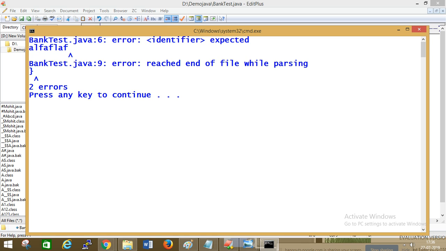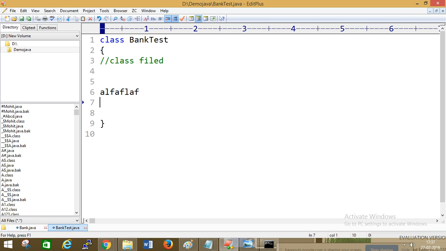The syntax it checks is what is applicable for Java. If it is not applicable for Java, then the compiler will tell you this is an error, for example at line number 9 or line number 6. So the job of the compiler is to check your syntax. This is not applicable for the